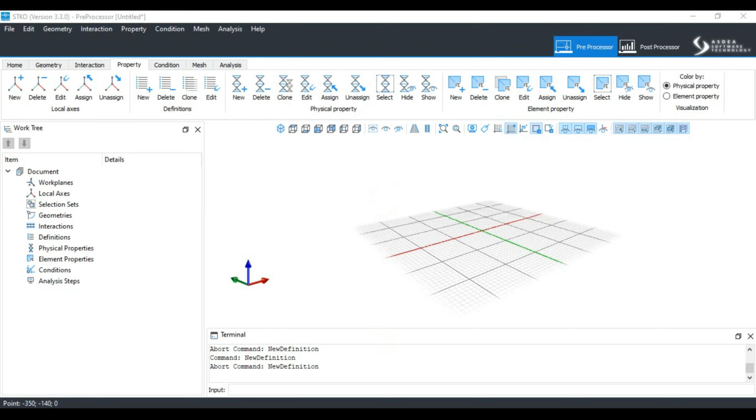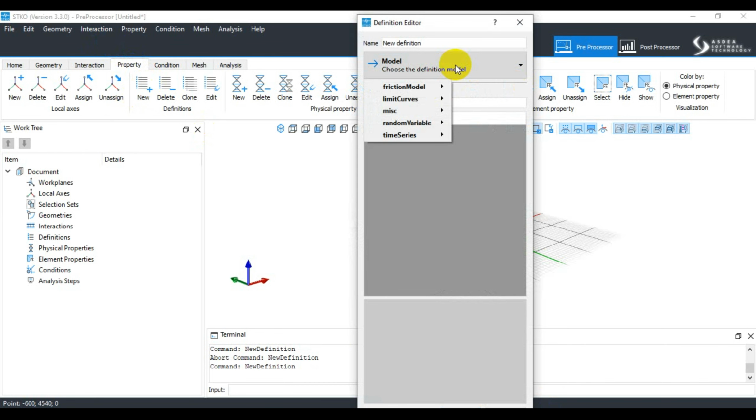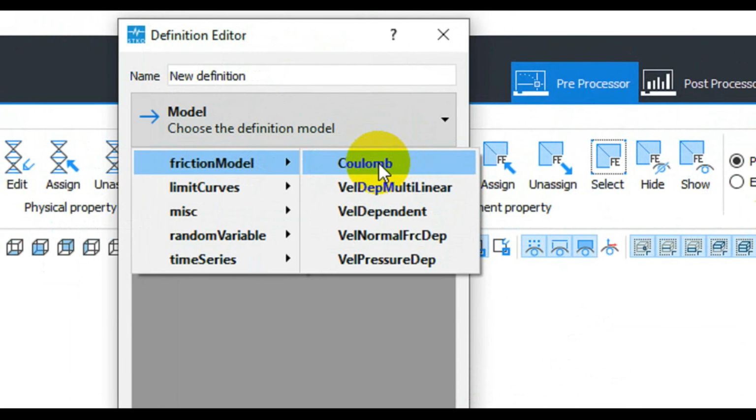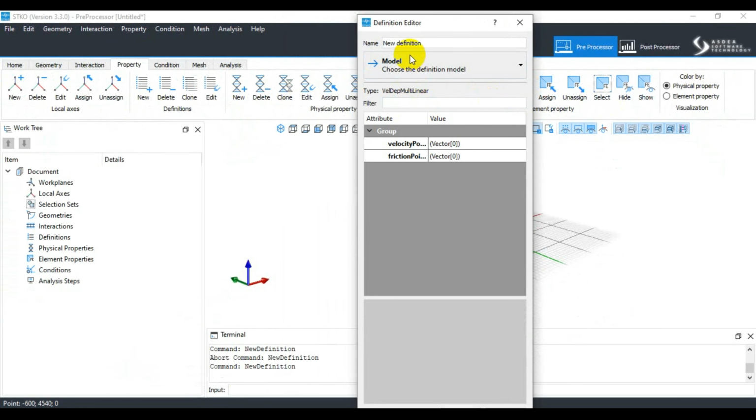Hi everyone, in this video I will explain the definitions in the STKO for OpenSees, and in the last video I discussed the Coulomb friction definition. Now I have this velocity dependent multilinear definition, so I will rename it with